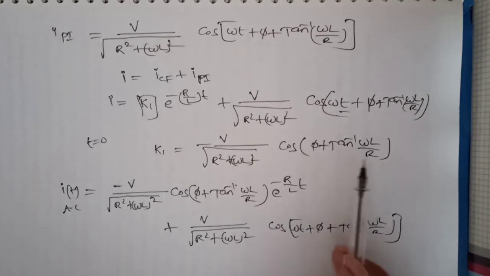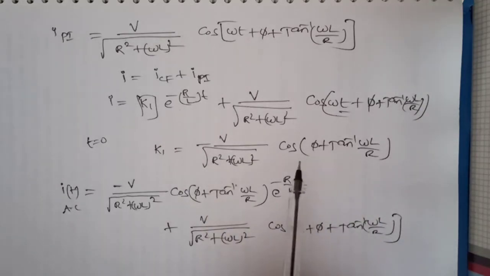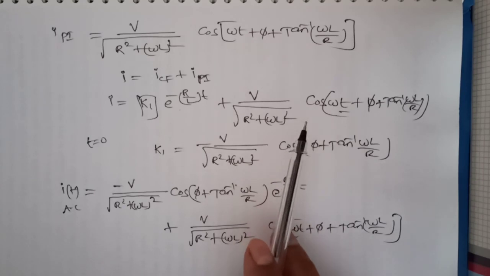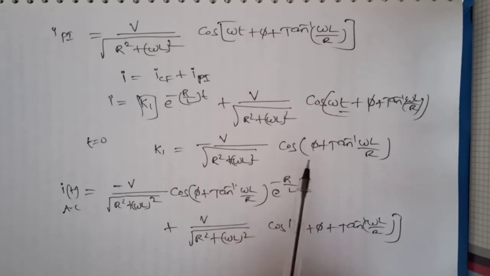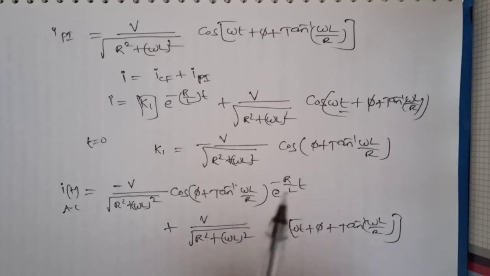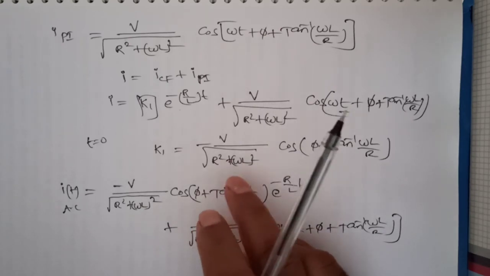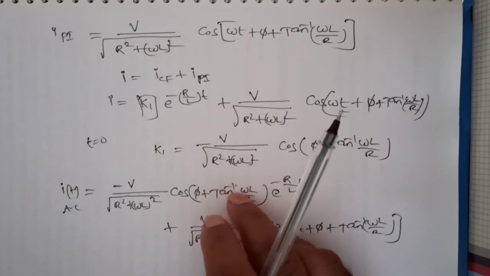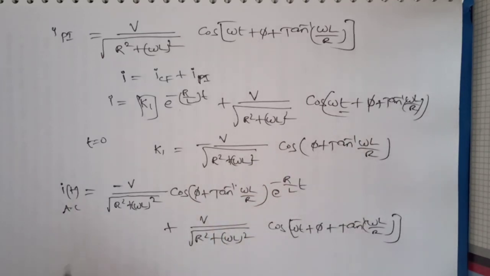So what are the things actually we did in the derivation part? We are assuming series RL circuit that is excited with AC source at t equal to 0. Simply we are applying KVL, and the solution is having two functions, complementary and particular functions. So for that we assumed based on the mathematical differential equations particular and complementary solutions, and we derived and got a and b values. After that we minimized the equation and we got this is the complete solution, current response of the series RL circuit.